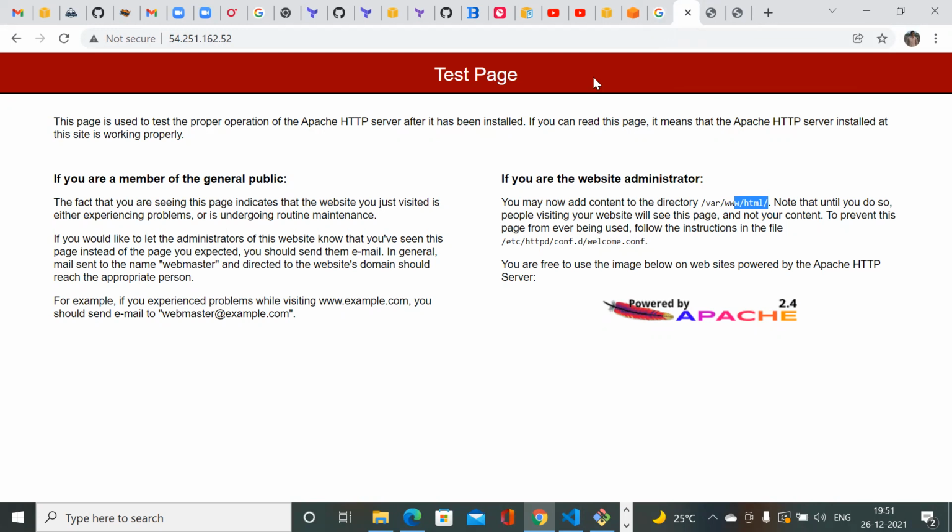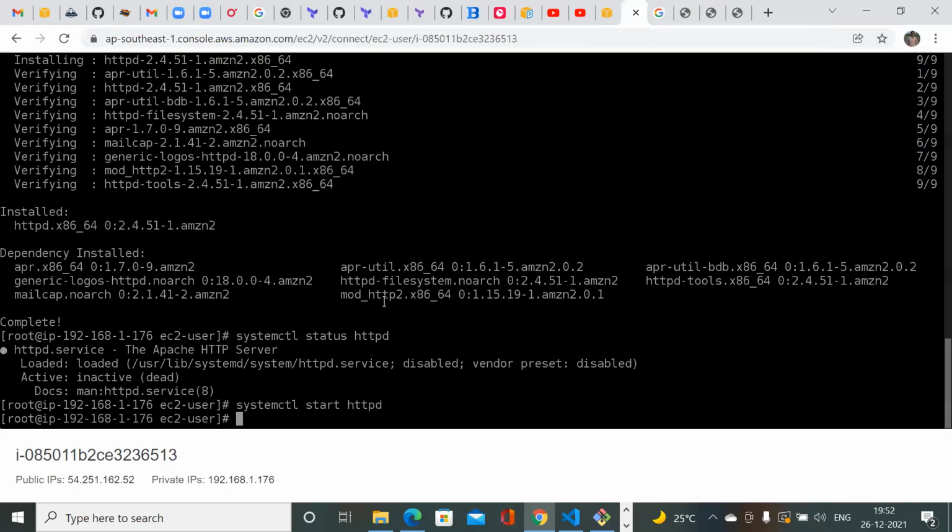Can you explain how to add our own content in this page? Okay, I think I already covered this in the previous session, but anyway, let me. I already mentioned that the default packages are installed under the /var/www/html folder. Now I'm navigating to the particular EC2 instance.